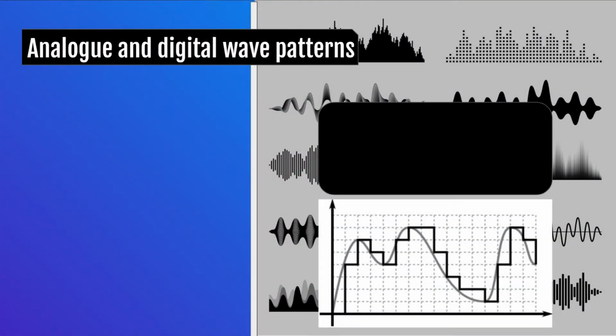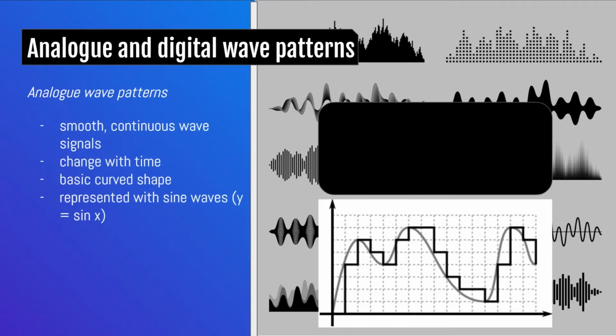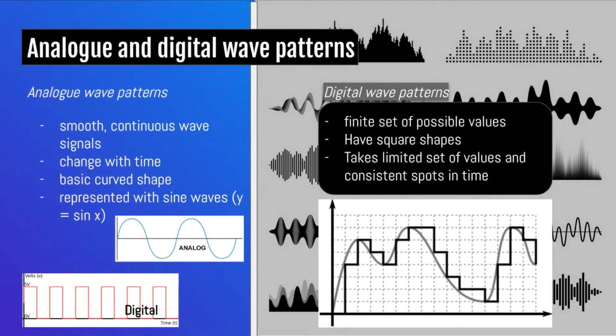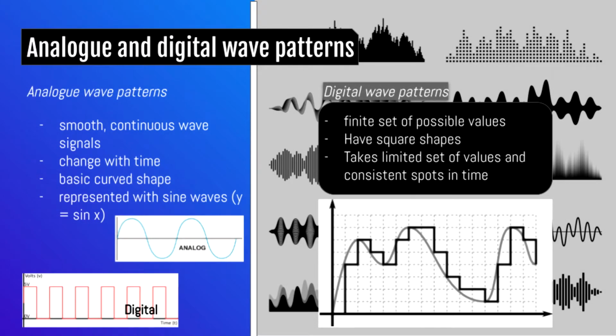Analog wave patterns are smooth and continuous signals that change with time. The shape generally remains as a basic curve and is represented in a sine wave graph, a mathematical graph detailing a smooth oscillation, defined by y equals sine x. Analog waves can transfer from one medium to the next, smoothly interchanging between sounds, allowing frequencies and amplitudes to be